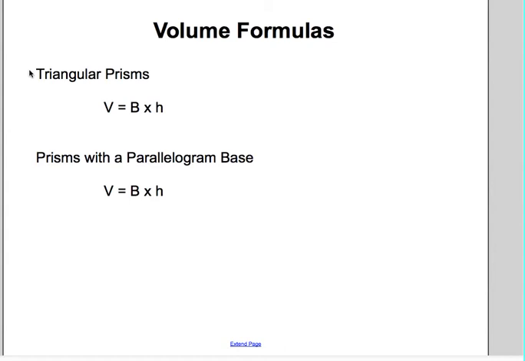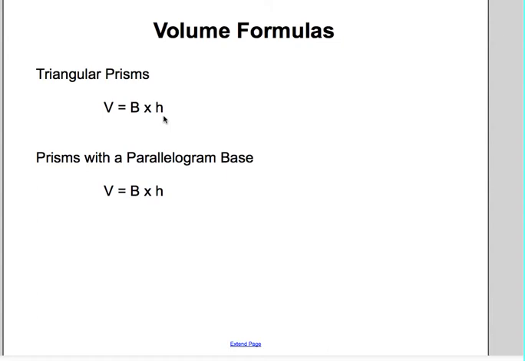So the first thing you want to do when you are asked to find the volume of a prism is locate the base and see what shape it is. If it's a triangle, then you're working with a triangular prism. Now, the formula does not change. Volume equals area of the base times the height. However, what changes is finding the area of the base, because then we know we have to use the area of a triangle formula, which is base times height divided by 2. So whatever the shape is, you find the area of the base, multiply that by the height of the prism,